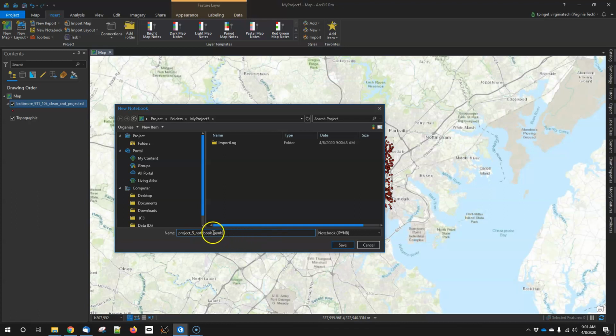as before. They all have this .ipynb. It would probably stick this on the end of it if you don't put it on there, but it's always good to be ahead of the game if you can. This is going to be storing this within the geodatabase that comes with the project. So every time you start a new project in Arc Pro, it creates its own file geodatabase, and all of